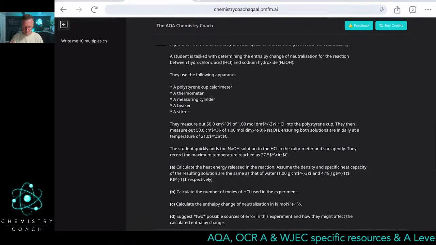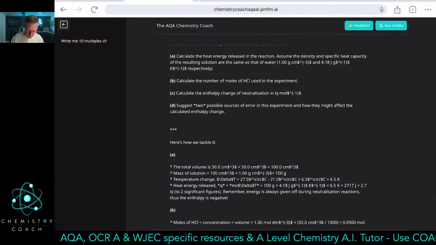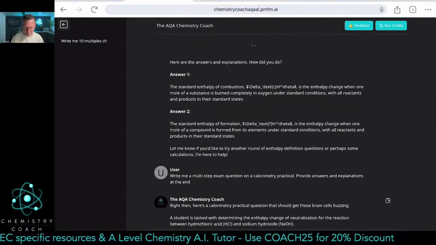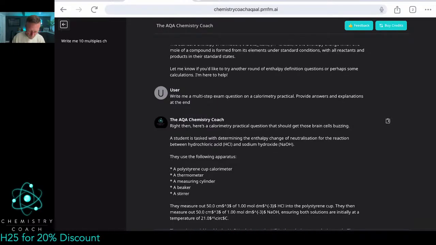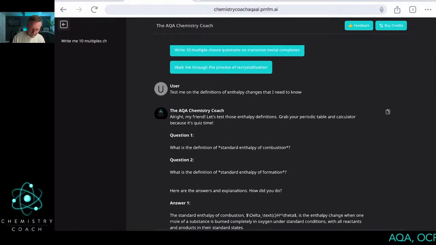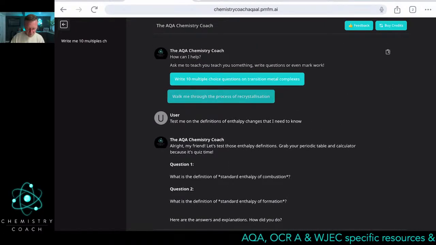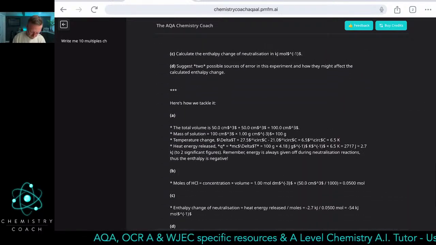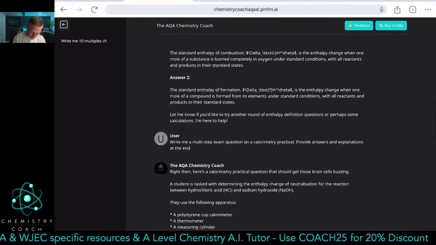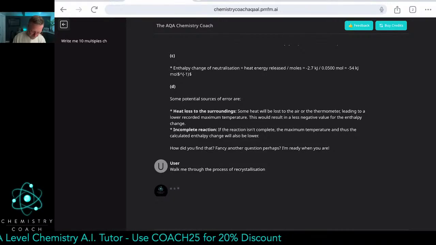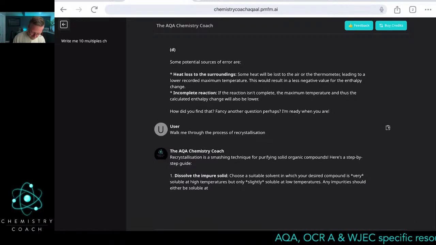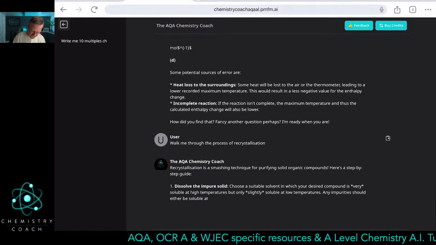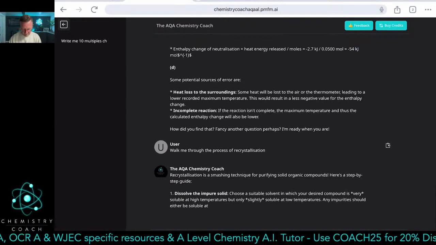So they've given a setup here and everything that you need in order to produce this calorimetry practical, and it'll ask you questions on it. So you need to use the data like you would in an exam paper in order to do that, okay? So it's phenomenal. I'm just going to press one of these buttons at the top here: walk me through the process of recrystallization. Okay, so the recrystallization practical is hugely important in organic chemistry. So what it's going to do there, here we go. Okay, dissolve the impure solid, very soluble at high temperatures, but